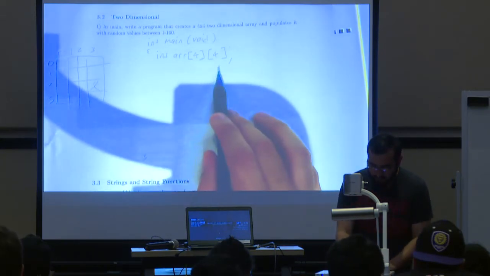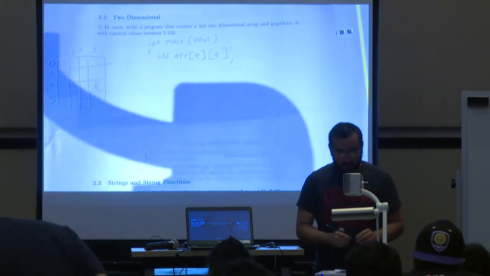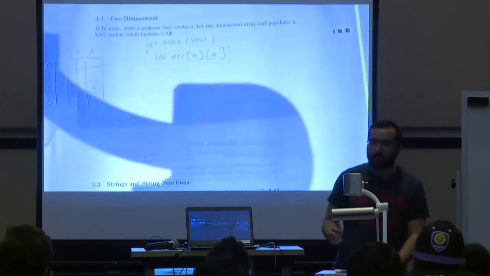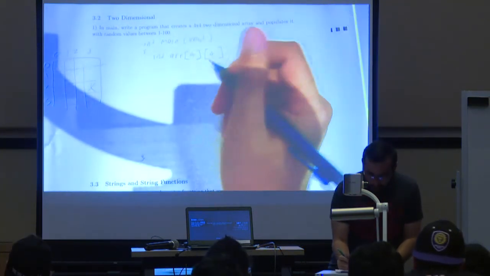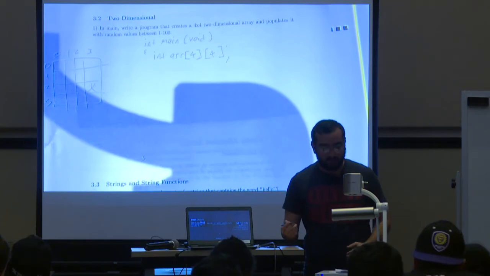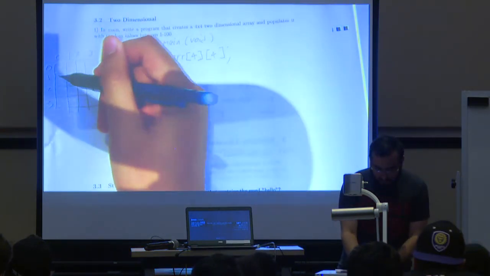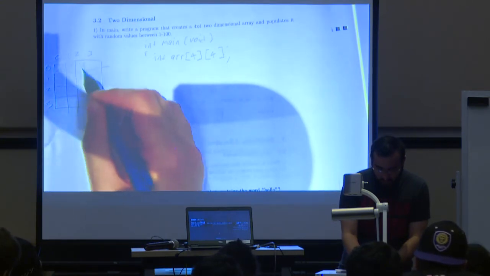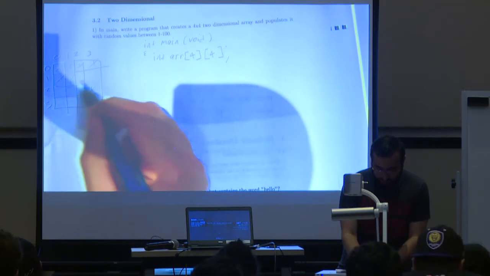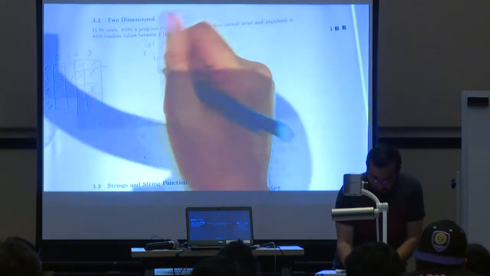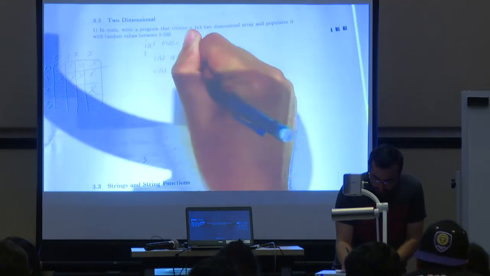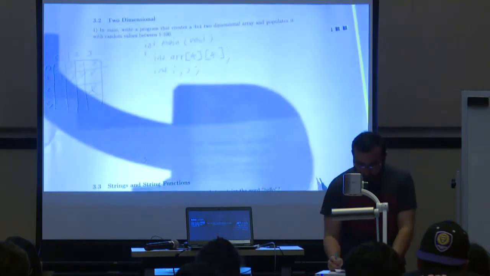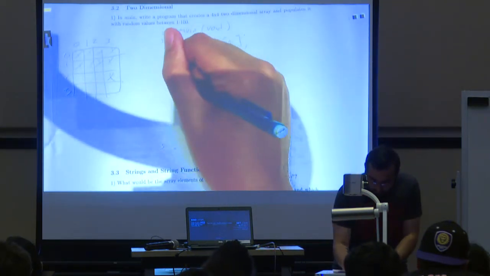So we've created this 4 by 4 array, so now we need to actually populate it with random values between 1 and 100. Since we're going to be looping through this two-dimensional array, we're going to need a nested for loop, right? Because we need to go through each of these arrays, but before we move on to the next array, we need to visit every single spot in that one and then increment. Normally if we have two indices, we'll use i and j. I'll declare those on a different line right here. So now I can say for